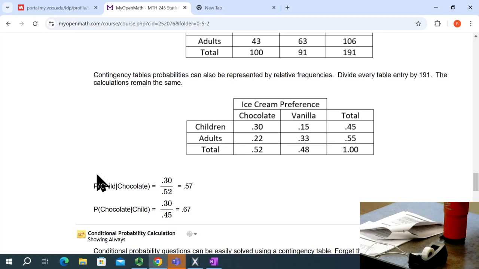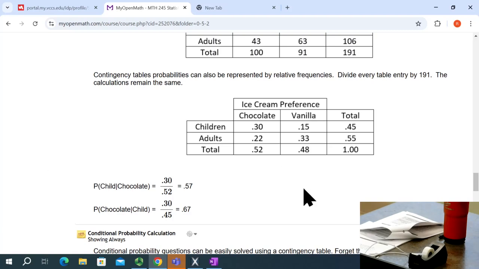And when you get into Google and look around for things, it says, you're here. You got here this way. That's a given. You're already in a category. So the probability that you got a child, given that they like chocolate, becomes this divided by the proportion that like chocolate. This is a conditional probability. The condition restricts the row or the column.